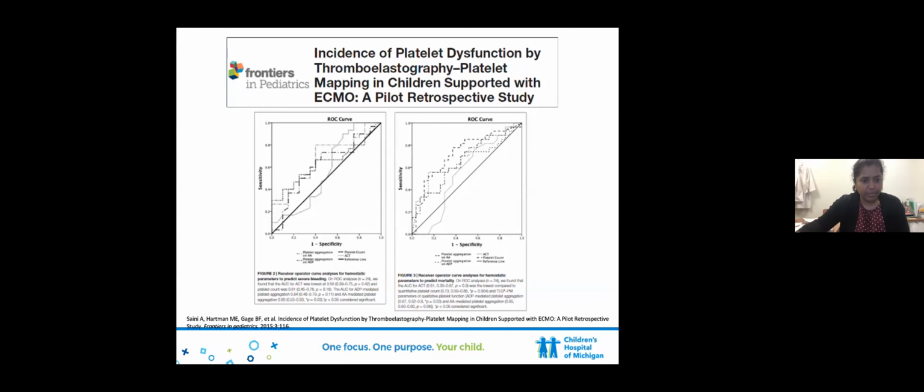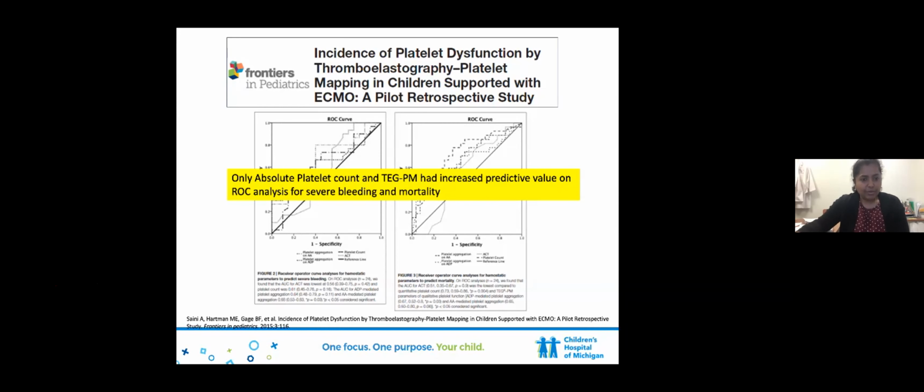on cardiopulmonary bypass. But I think the more important thing was that the absolute platelet count and the TG platelet mapping had a significant predictive value on severity of bleeding as well as mortality of these patients who are on ECMO. So I think there's a lot of utility to these tests, and we just need to explore more and